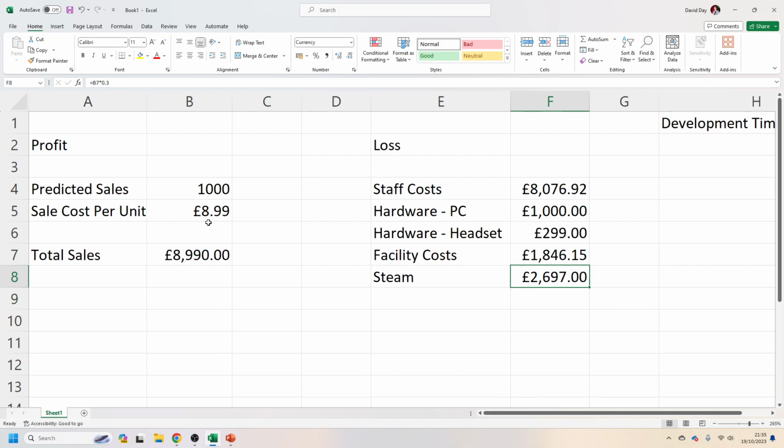Again, if we were to modify our predicted sales to, let's say now there's 5,000, our total sales will update, which will also update the Steam distribution cost accordingly, because it's looking it up. So we've got a bunch of costs in here. We also need to plan for marketing,